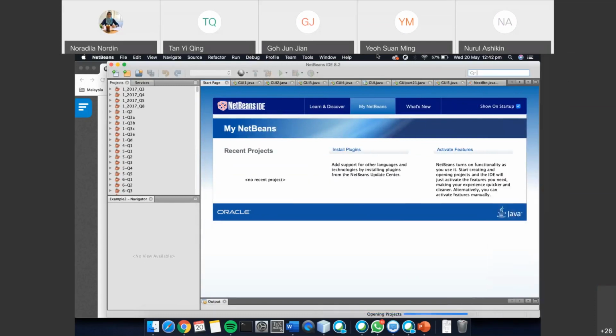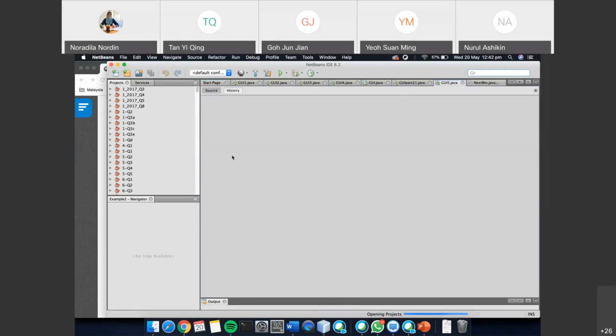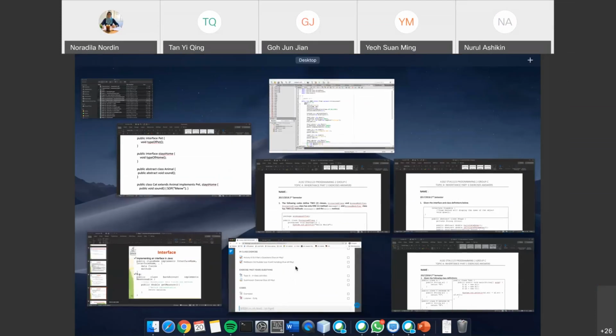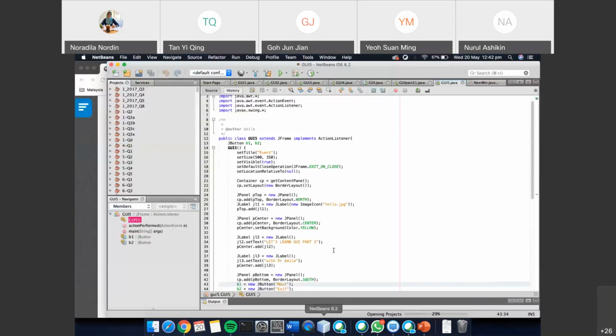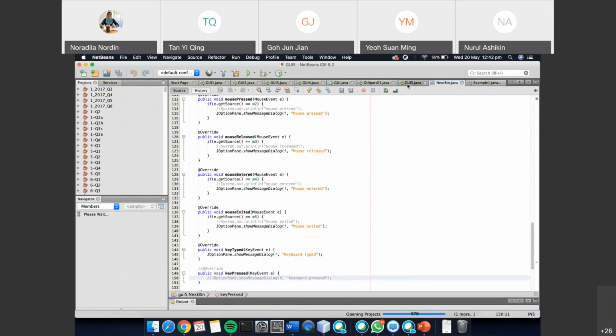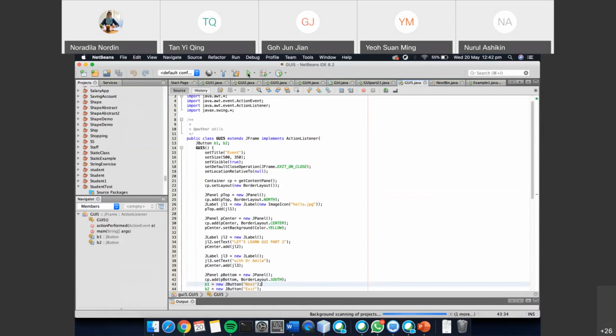This one, everything inside this listener, GUI 5. So you can access the code and go through it. Inside that file, there are two Java files. One is GUI 5, another one is next button. If you run the code,